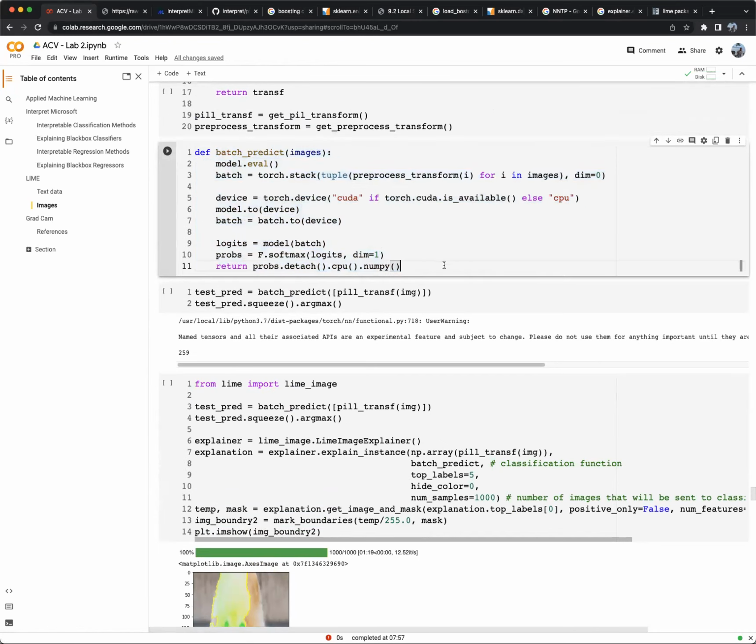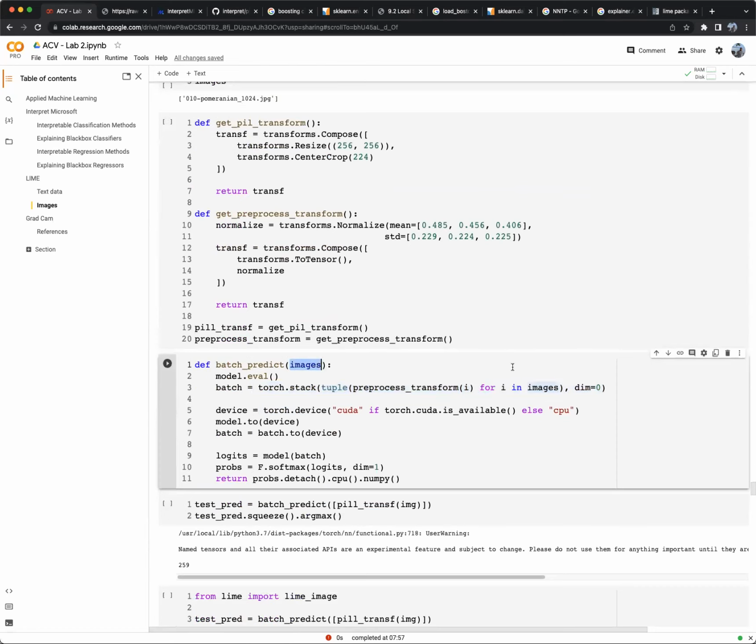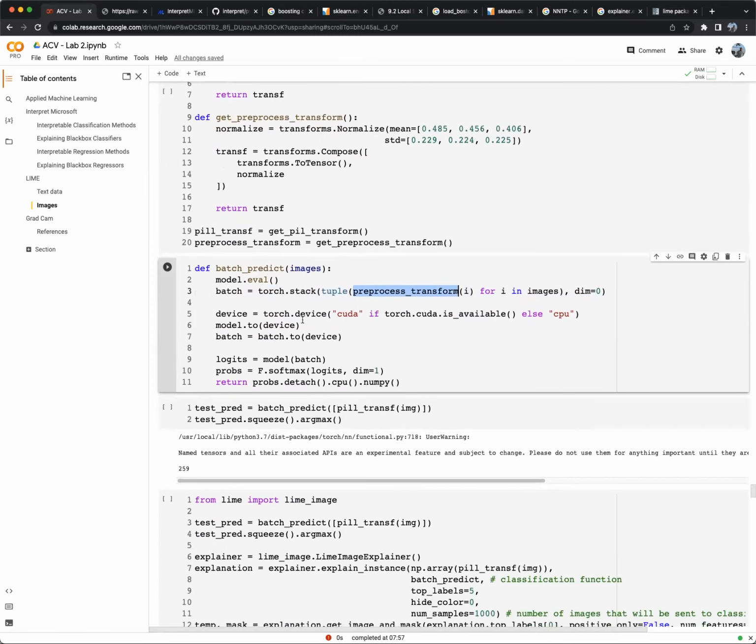This is batch predict. This is just a function that we will be using. You take a couple of images, set the model to evaluation, and set them into a stack of actual tensors, going from images to an actual tensor. So pre-processing them and transforming them into tensors, sending the data to CUDA, sending the model to CUDA, and then running the model and getting the probability of the model, detaching it from,